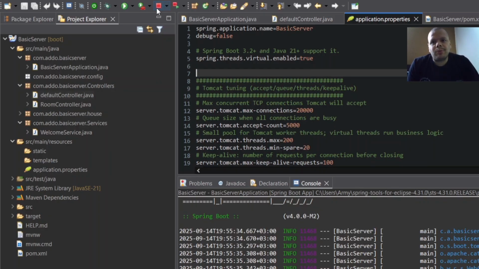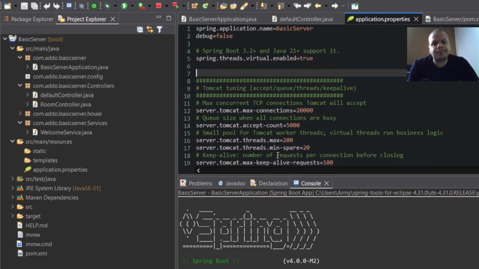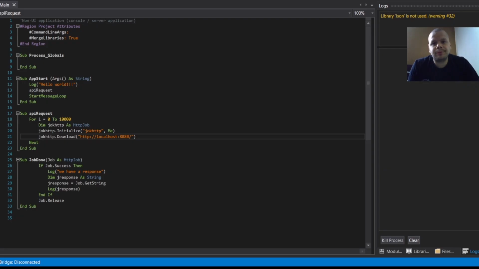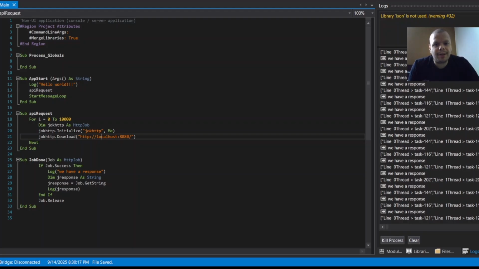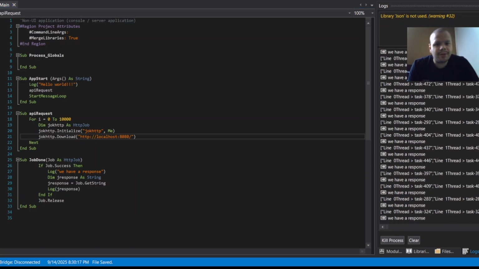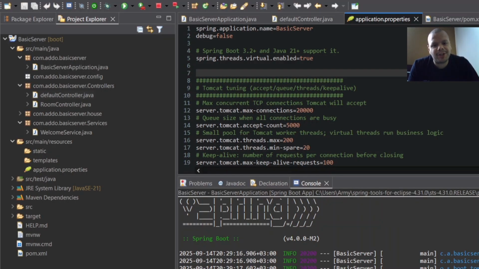So let me restart my application. I just launched my tester, and let me run it, and let's see what will happen. And you can see that I still get responses. I have no issues until now, and it will keep running. And my machine, if I just open my task manager,